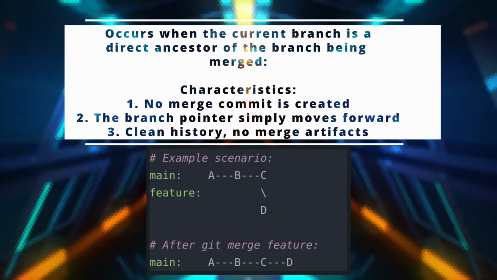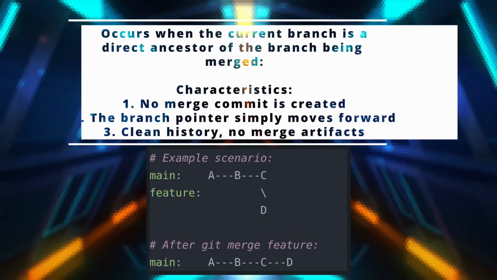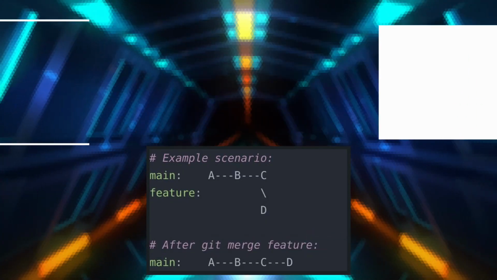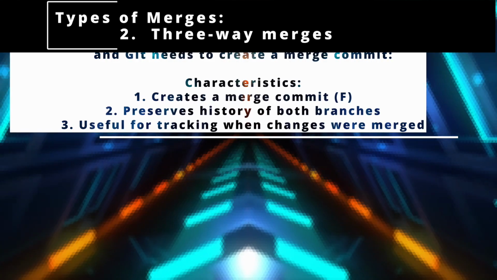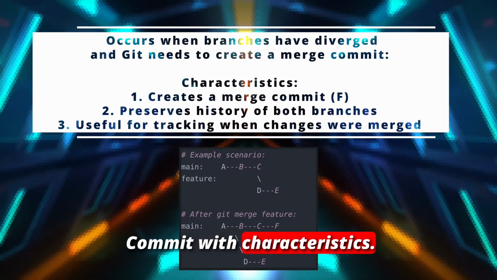No merge commit is created. 2. The branch pointer simply moves forward. And 3. Clean history, no merge artifacts. Three-way merges. Occurs when branches have diverged and Git needs to create a merge commit, with characteristics